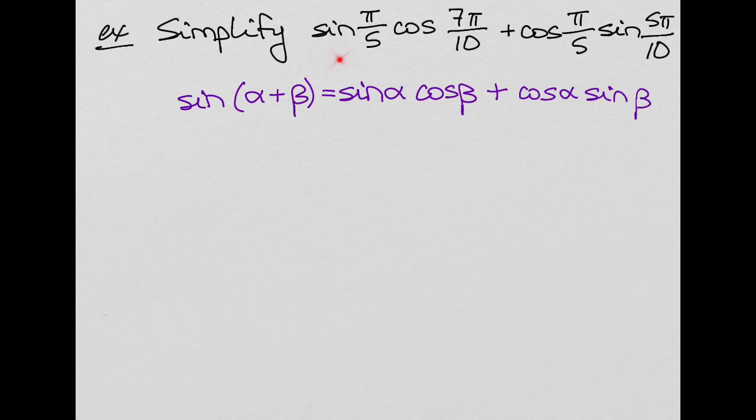Such as this example right here follows the pattern for the sine of a sum, what's on the right-hand side. We got sine, cosine, cosine, sine, and the angles are switching. So in our scenario here, the role of alpha is being played by pi over 5, and the role of beta is being played by 7 pi over 10, and I can rewrite this entire thing as the sine of